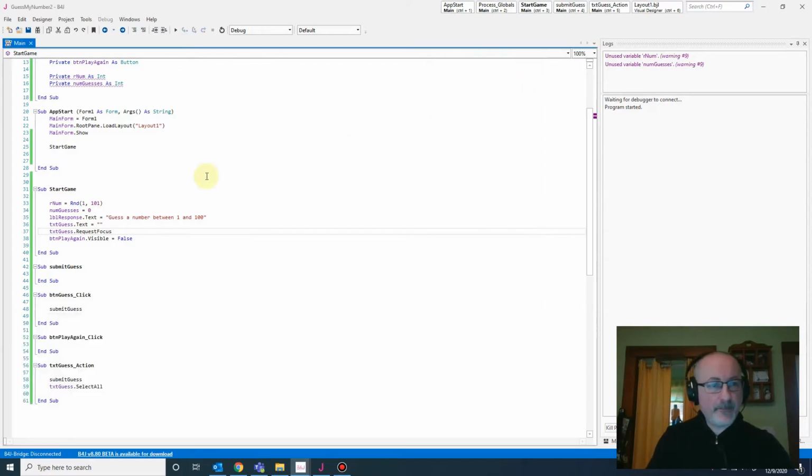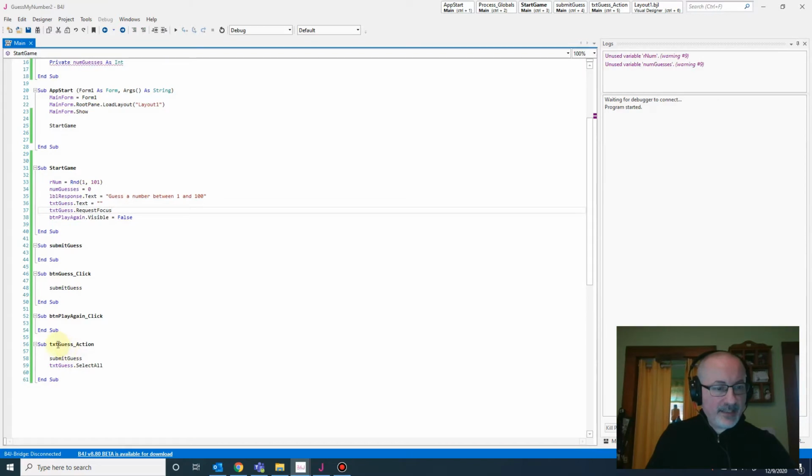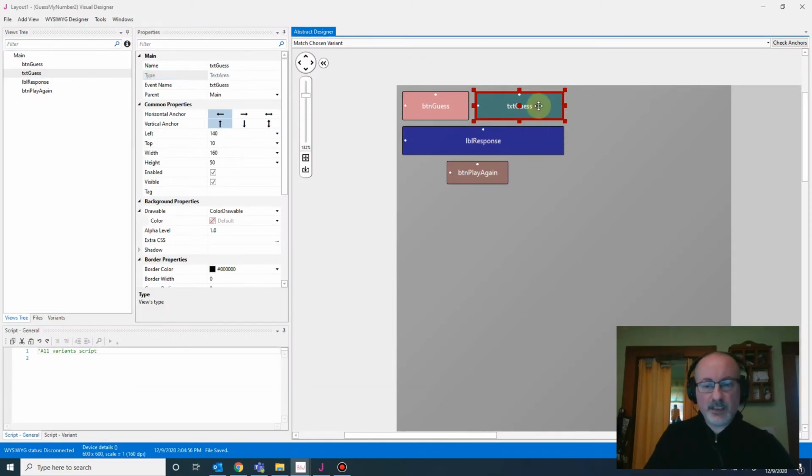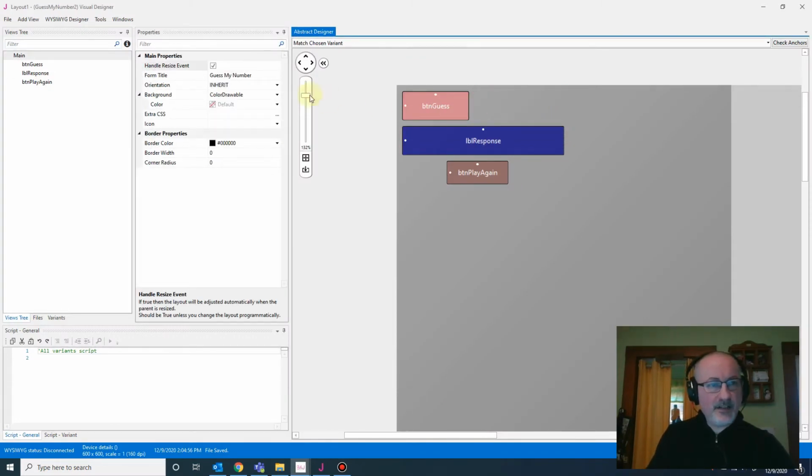So I'm going to close that. And I am going to give it the same name. So this code here, which you'll notice, this has changed to action. Previously, it was a text changed method, which is why it wasn't working. And I saw that, and I was really confused by it. And then I realized that I had put the wrong type of field in there. So let's go back to the designer, and we're going to say goodbye to the text area,